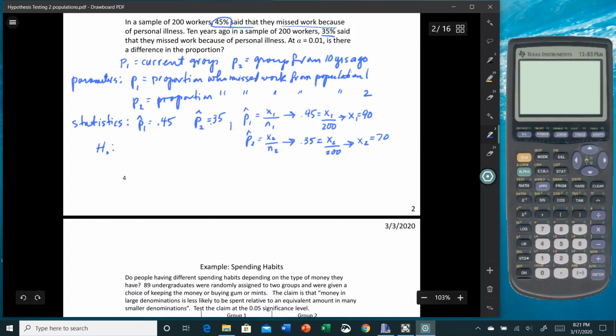Well, the null hypothesis is always equality, so P1 is equal to P2. And the alternative hypothesis, well, what are we testing for? Is there a difference? A difference in proportion. So the alternative hypothesis here would just be not equal. Now, in terms of the test statistic,